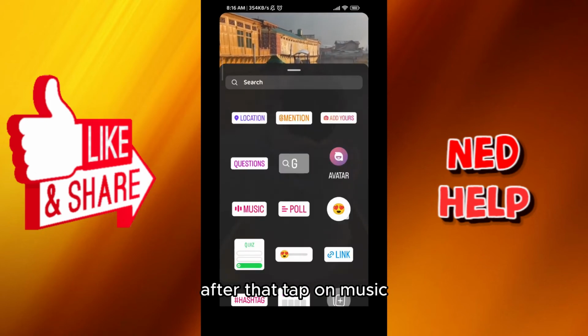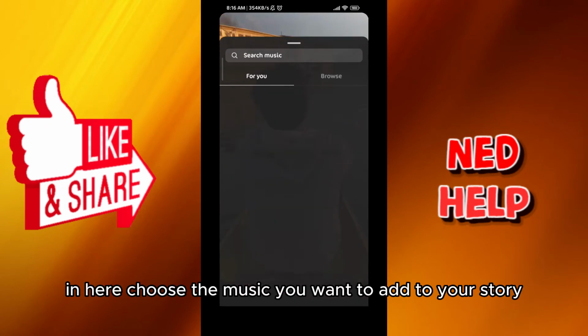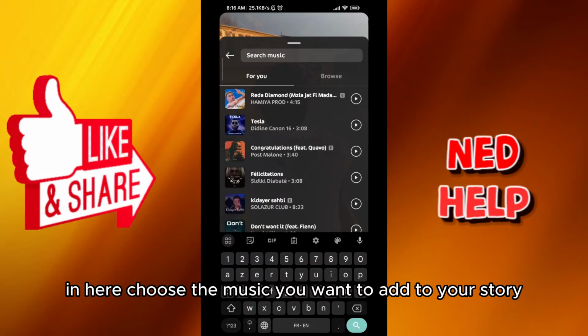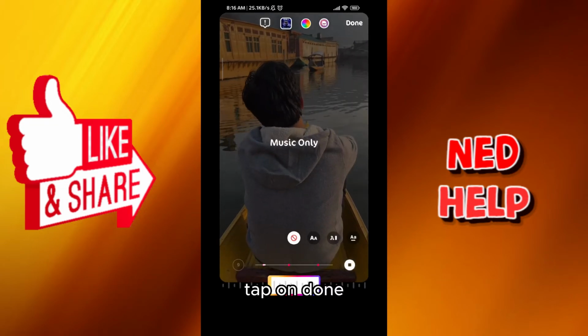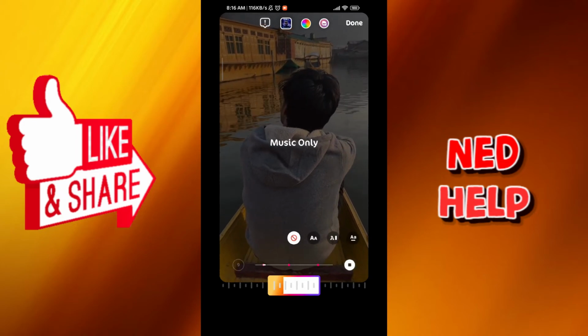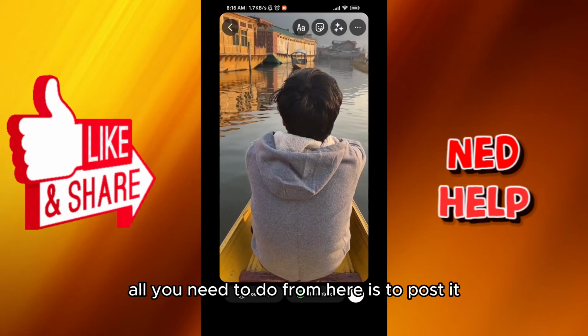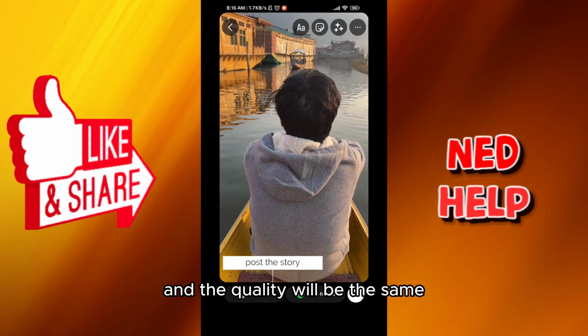After that, tap on music. In here choose the music you want to add to your story. Tap on done. All you need to do from here is to post it and the quality will be the same,